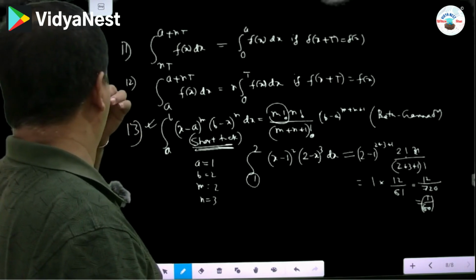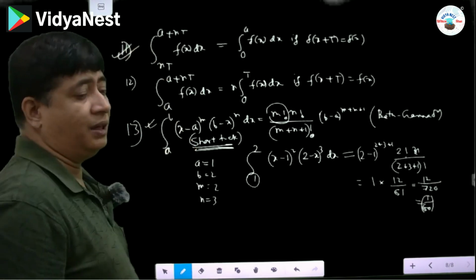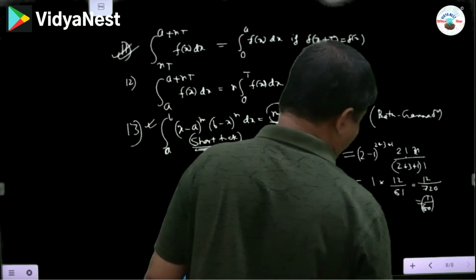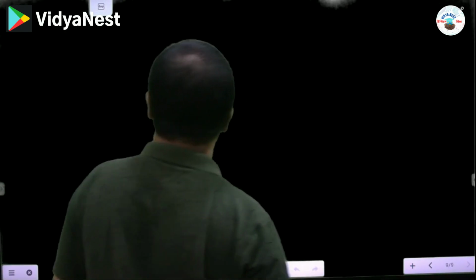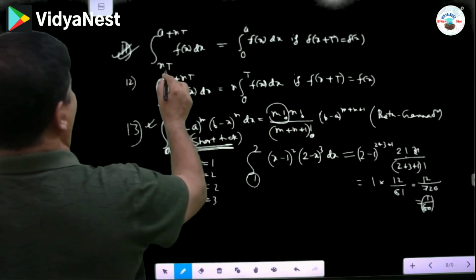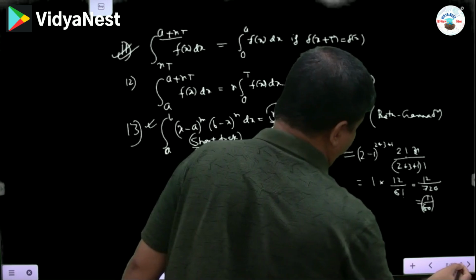Now what is the use of this formula? One sum of this formula we will do now. Important formula, what is the formula? Let us write on the top. Integral 0 to a plus nt fx dx is equal to